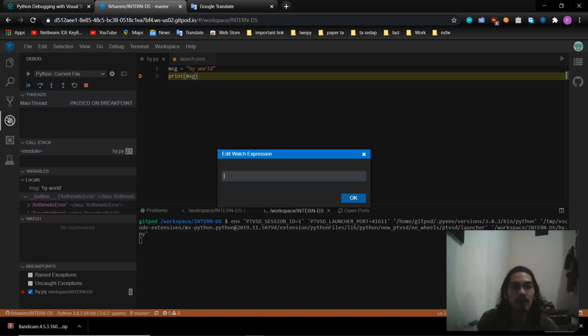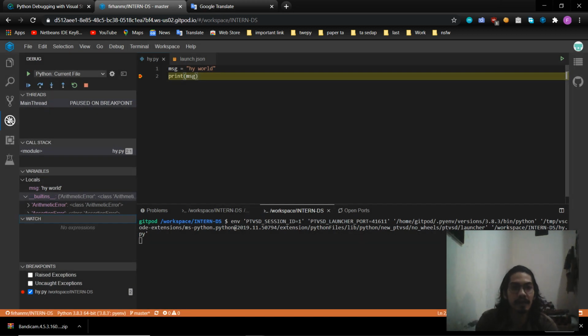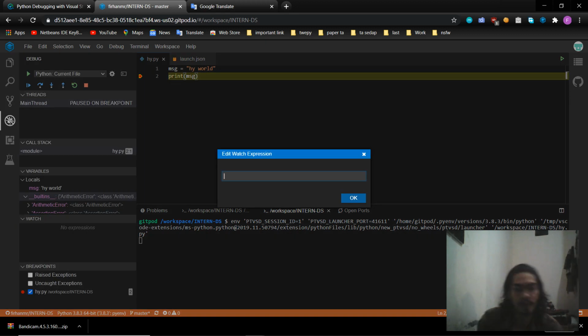Watch only works for the syntax that has been passed by this yellow point or this yellow icon. Just wait for it, and then you can try like message dot